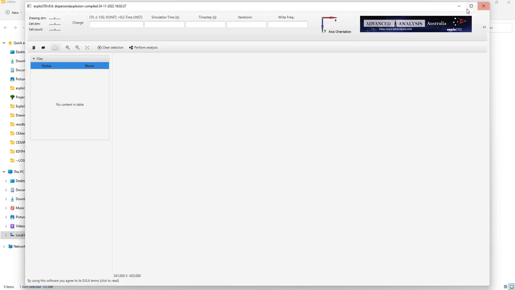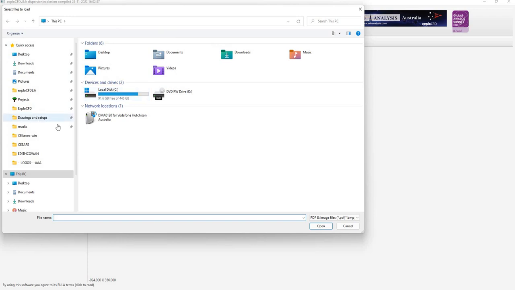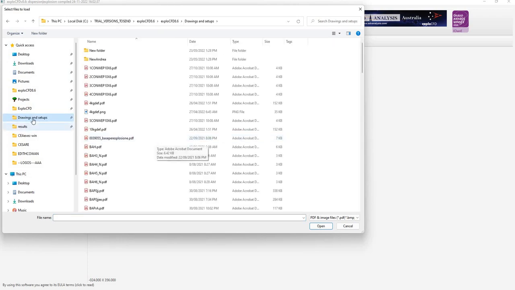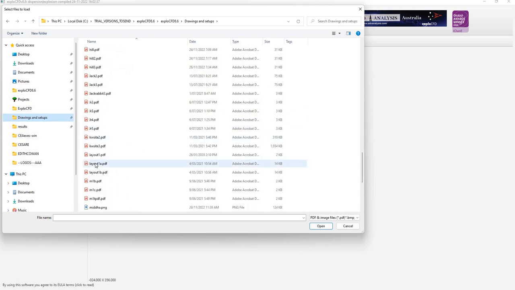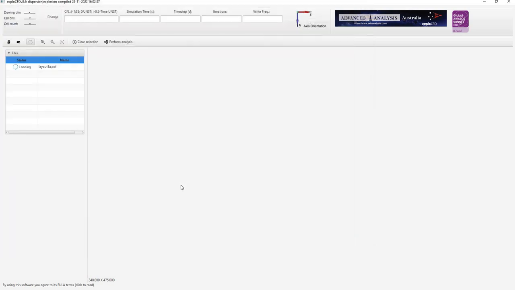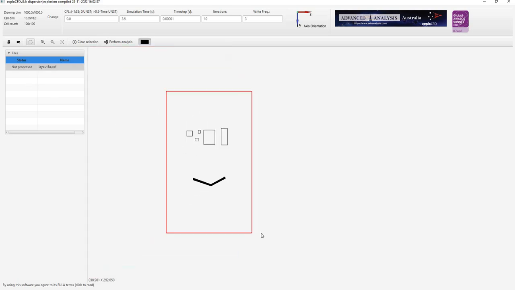Once you see this user interface, this first button here allows you to load files. The PDFs are really what we load. If you go to the drawings and setups, you'll find a whole bunch of drawings. Load something like layout 1A, and you'll see loading. Don't do anything until you see not processed, and then click on it and the drawing should appear. If you happen to click on it before, nothing will appear and you have to go through the whole process